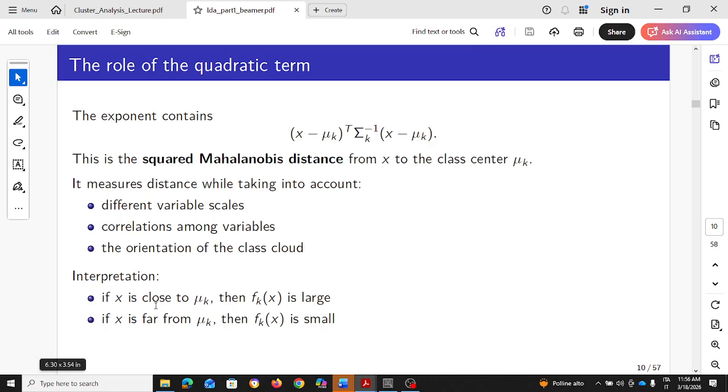So if your value is close to the mean of the density of the model, we say the density is large. Okay, and if x is far from the mean of your density, then you have a narrow density because you don't consider those points. Okay,